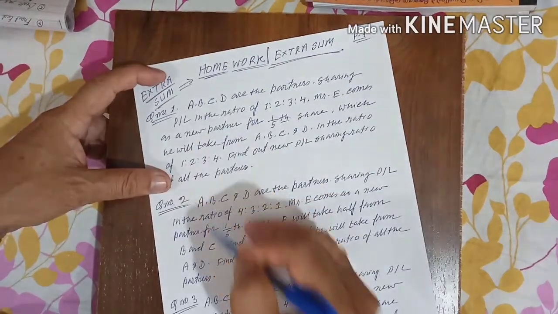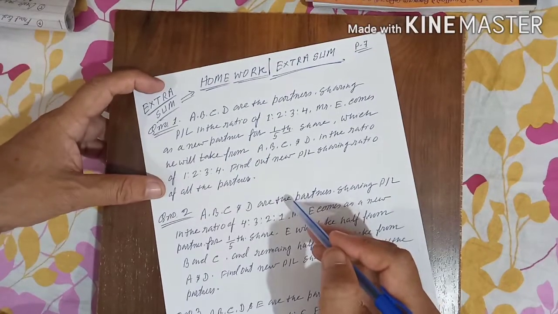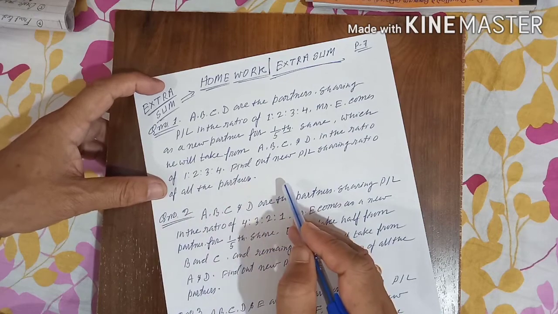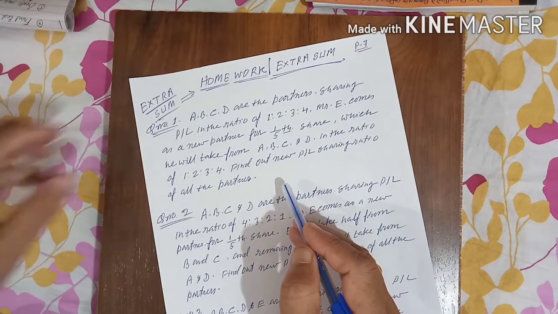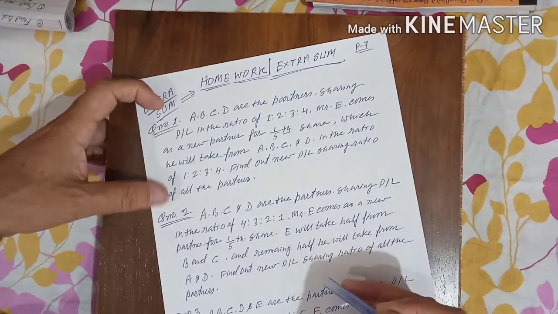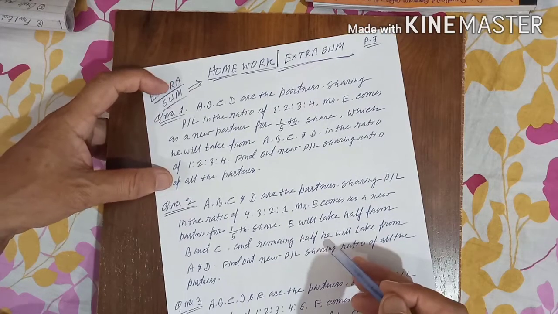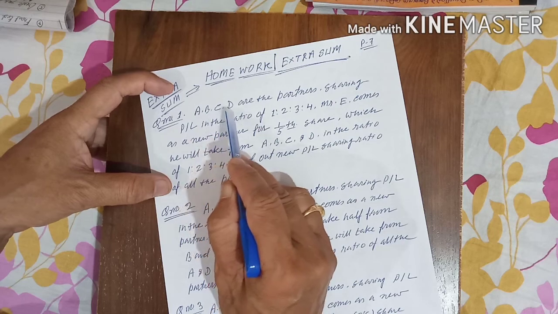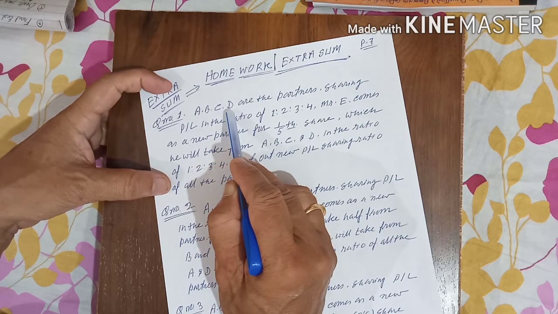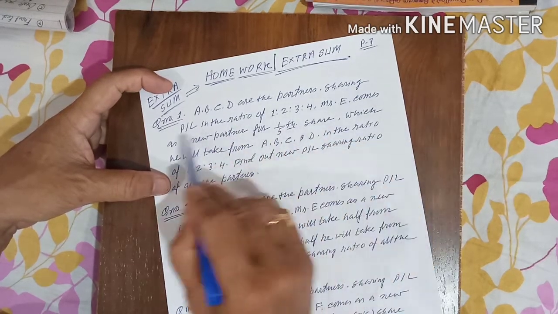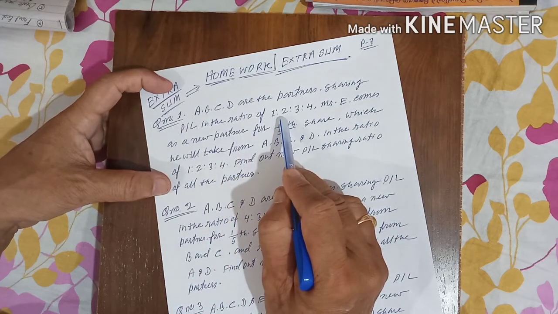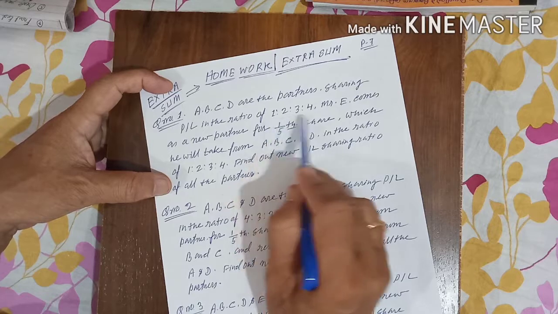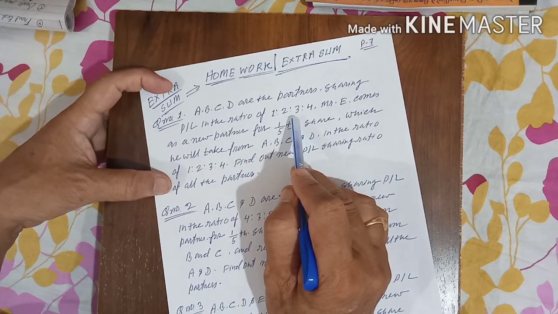I have given 3 questions, and I want to explain them. The question sheet is like the type of question I taught you. You will follow that also, but there is some slight change somewhere that you will understand. Question number 1. A, B, C and D are the partners sharing profits and losses in the ratio of 1:2:3:4. Generally 4:3:2:1 is given, but I always want to make a change.